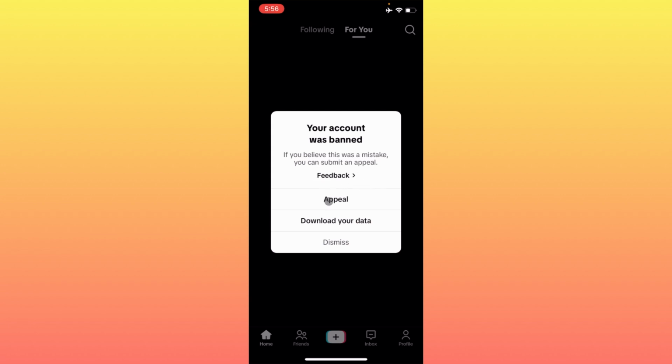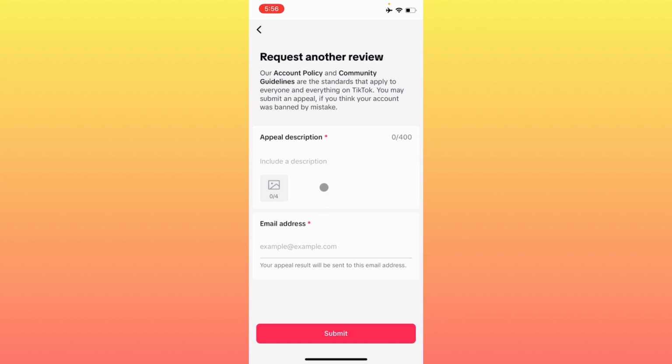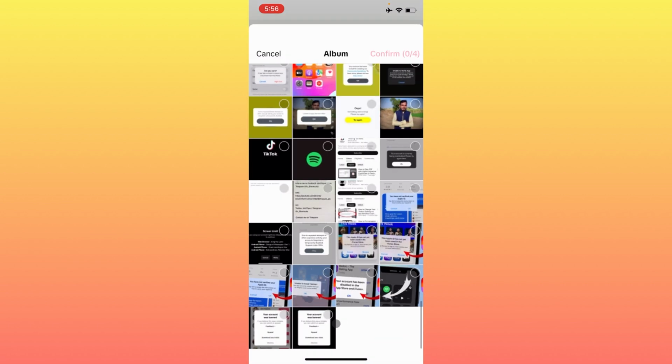So guys, simply you have to submit an appeal to unban your account. Simply click on this appeal button, and after this you have to wait for some seconds. First of all, you have to take a screenshot of the banned account, and after this you have to upload your screenshot from here. Now simply click on this, and after this you have to select that screenshot